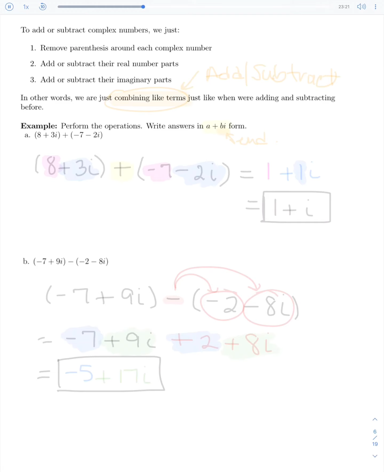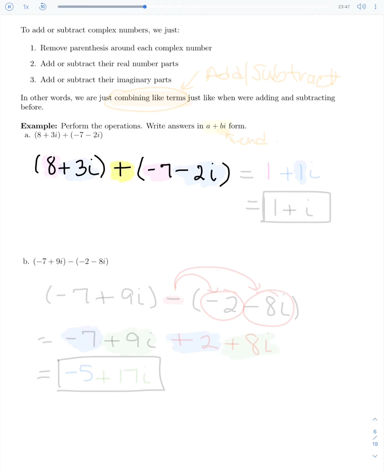And we're done. In this next one, in problem A, we're going to look at copying this down first. We've got 8 plus 3i plus negative 7 minus 2i. What most students easily forget is to notice that there's an operation in between these two sets of parentheses,